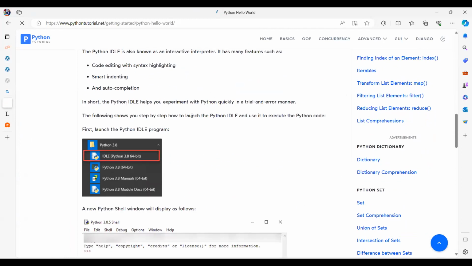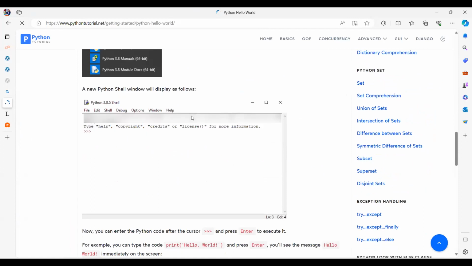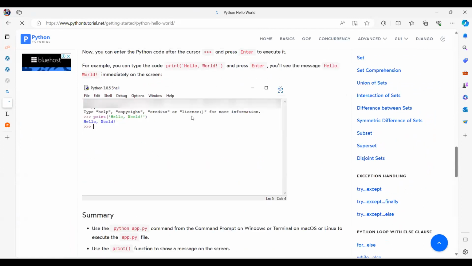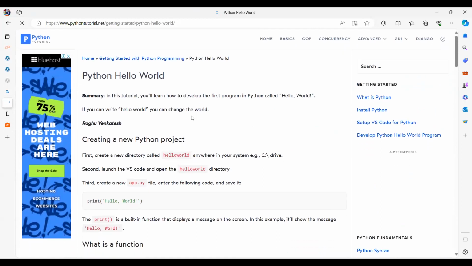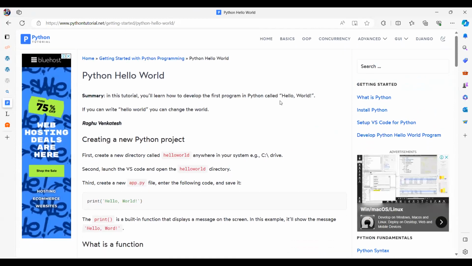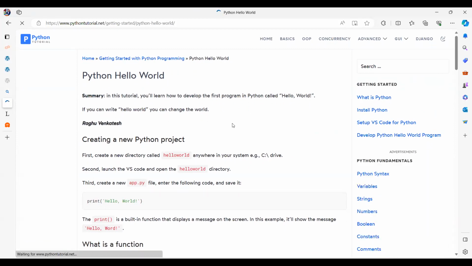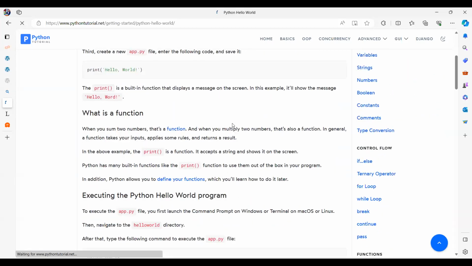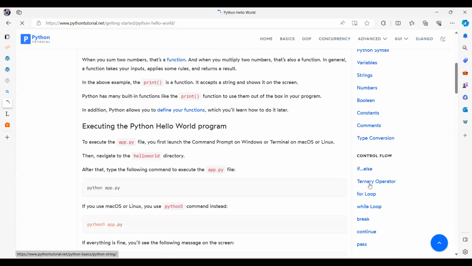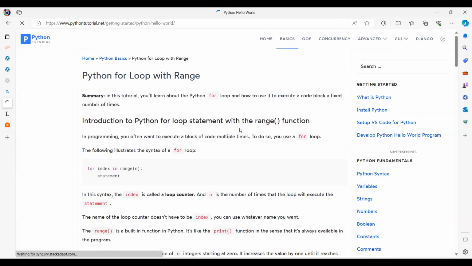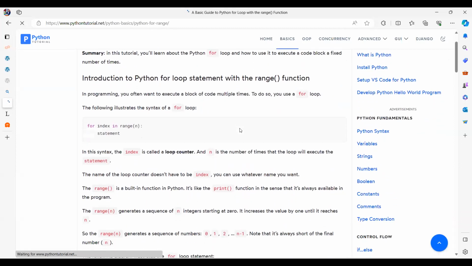Oh boy, single line. Okay, I need a for loop. I need a bunch of lines, right?